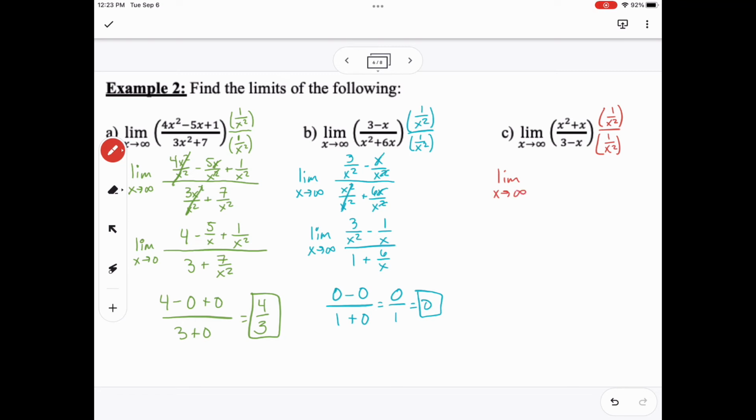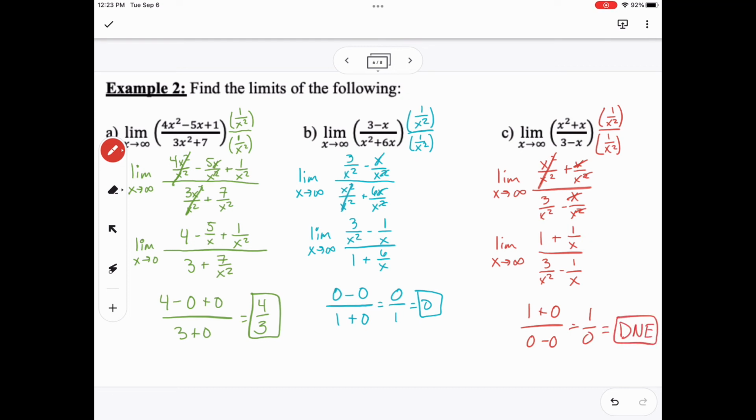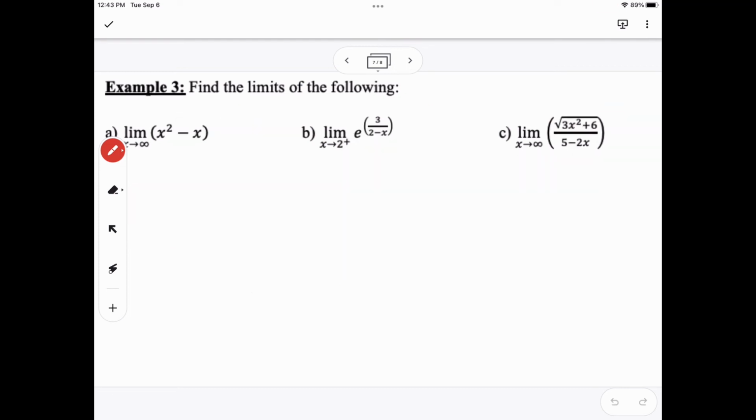Now letter C, I'm doing the same thing, multiplying both top and bottom by 1 over x squared, and simplifying as best as I can. And also notice not everything simplifies because not everything has an x, but where I notice that there's a 1 over something, so I have 3 terms there, I get to plug in 0. Now here I get 1 over 0, which means it's undefined, which shows that I didn't have a horizontal asymptote for letter C from the previous example. So those are the reasons why we get those specific things that we came up with in pre-calc